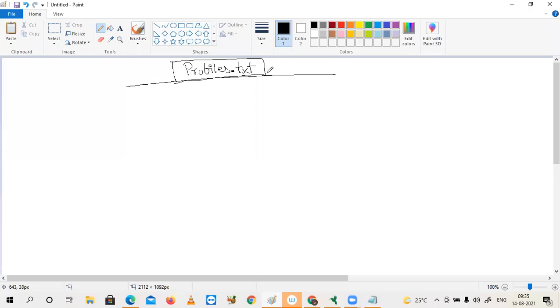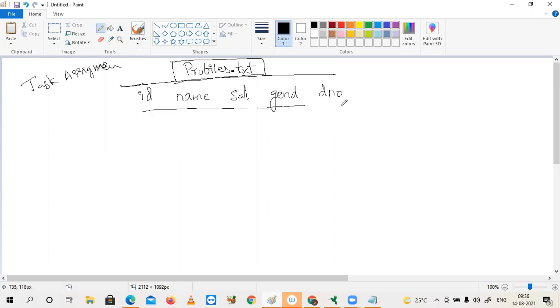Yeah, we have profiles like this. A small task to you. This is a task assignment to you. Same as usual, regular columns. Gender, department number. I'm removing this gender, sir. Department number, I'm keeping.